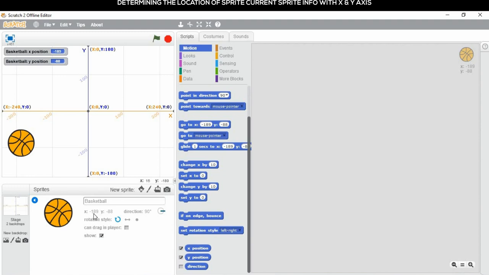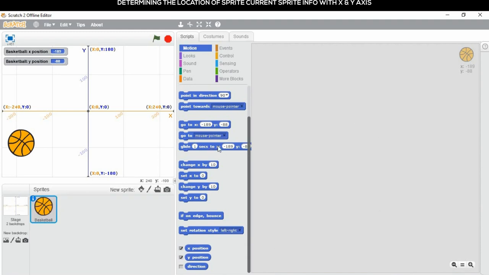Here also you can see the value of X position and Y position is the same. So we can see the current position of our sprite in three places: at the left corner of your stage, the right corner of your script area, and in the current sprite info. By using these three places, you can easily identify the position of our sprite.